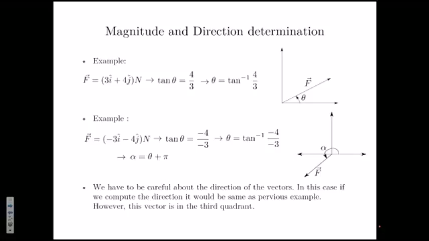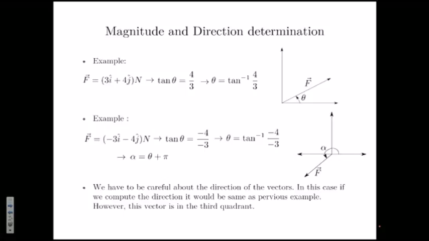This vector is actually in the third quadrant. So what's the difference? Well, the difference is that it's actually 180 degrees plus that angle theta, right? If you draw that vector in the plane, you will clearly see what the direction is. This is the y component, that's the x component, so that will be the angle. If you want to give the angle from the positive x-axis, it's easy to do. All you have to do is add 180 degrees, and you'll get your angle,